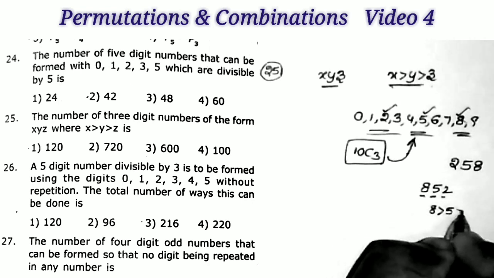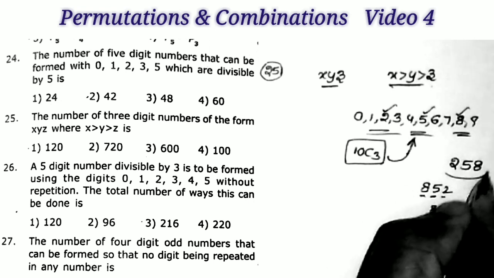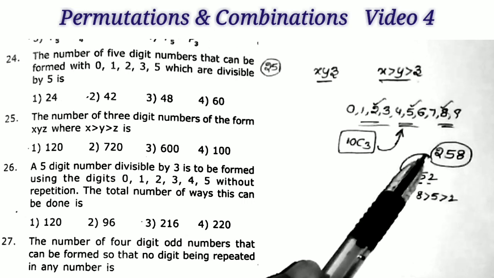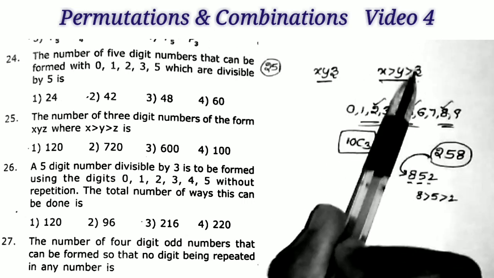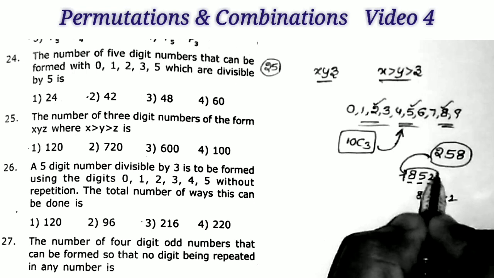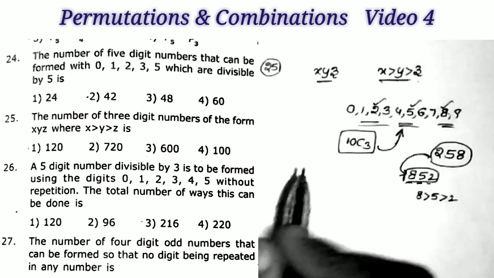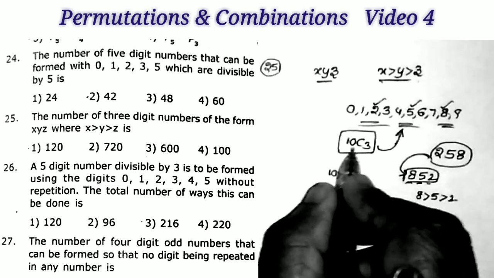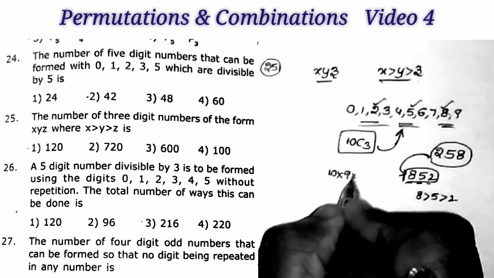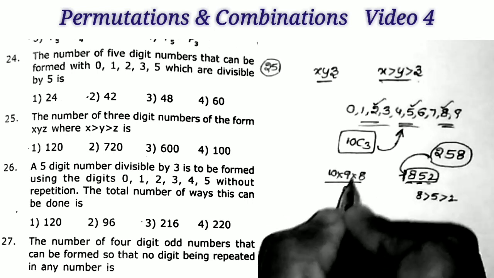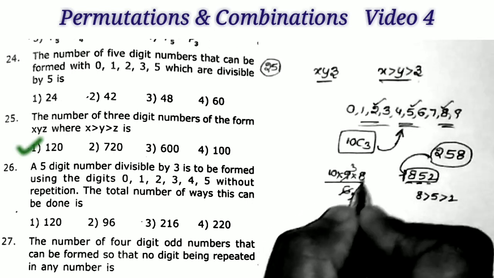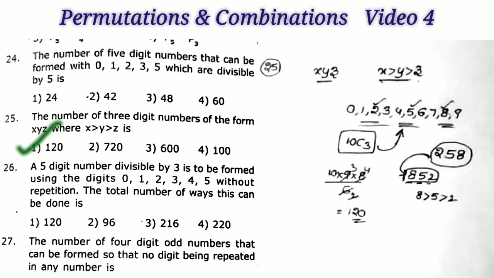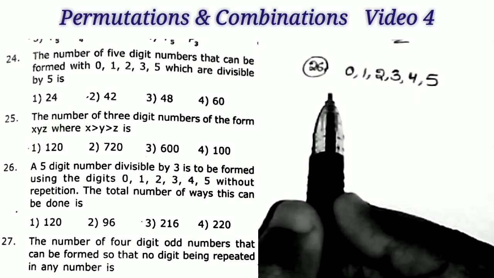So here we select 3 numbers and arrange them so that they satisfy this condition. So the required number, the answer, is simply the number of ways of selecting only 3 numbers out of the 10 numbers. And what is the value of 10C3? 10 × 9 × 8 / 6. 3 3s are 9, 3 2s are 6, so this simplifies, and the answer is equal to 120, and that is the first option. That's all. Next problem, sum number 26.